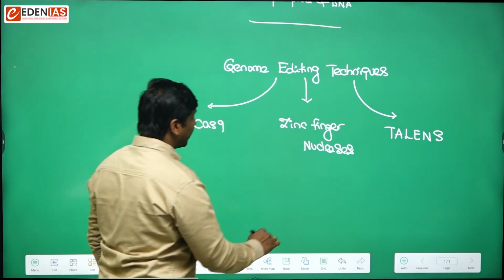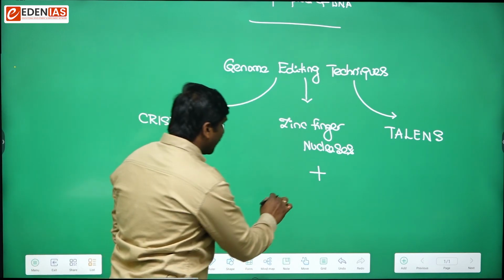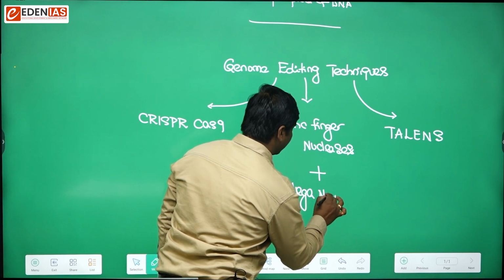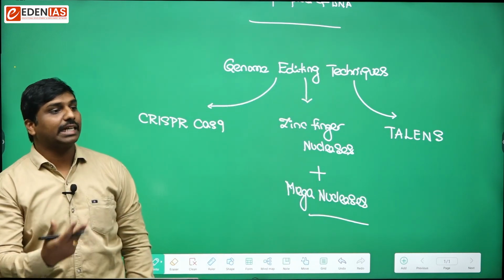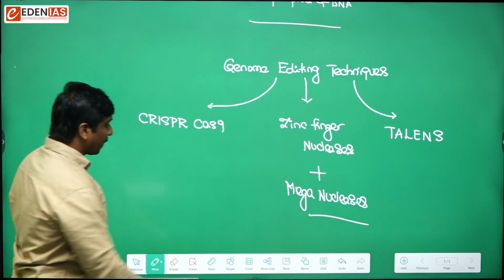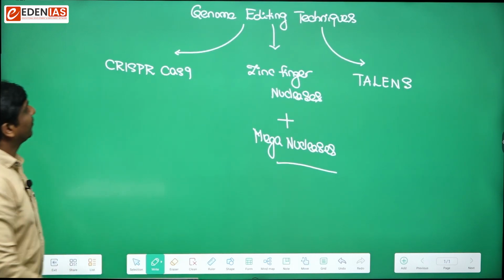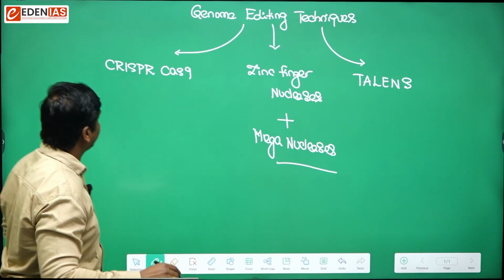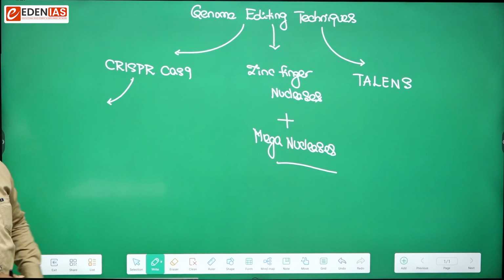And along with this, we also have another important genome editing technique called the meganuclease technique. Meganuclease. Nuclease is basically nothing but an NGM. Okay, so here, what is CRISPR-Cas9? CRISPR is an abbreviation for something called